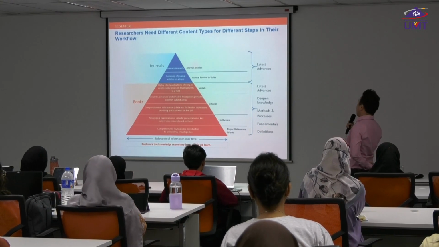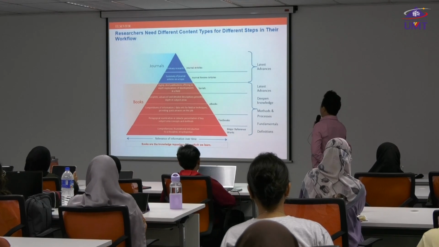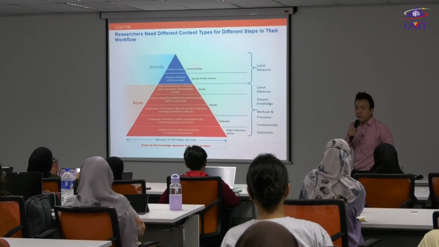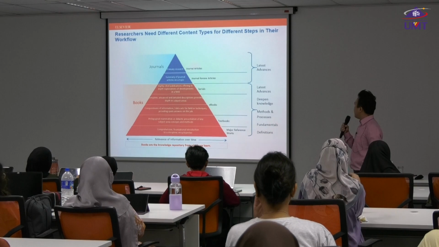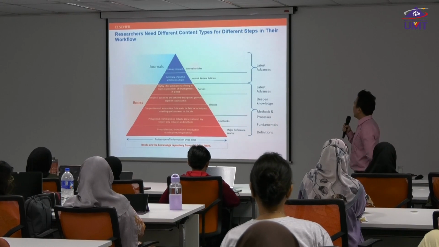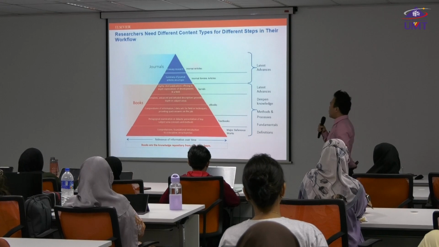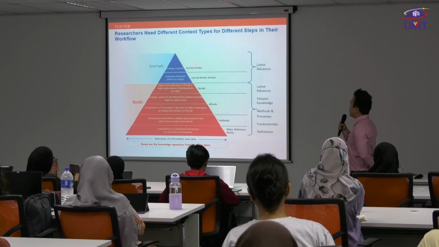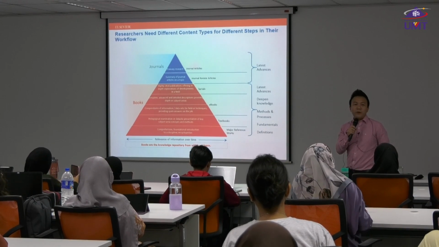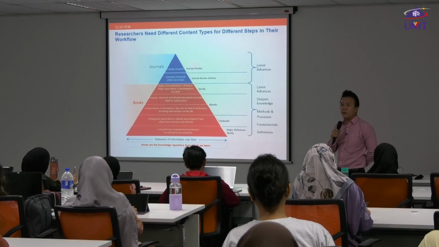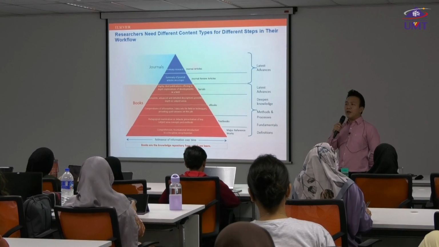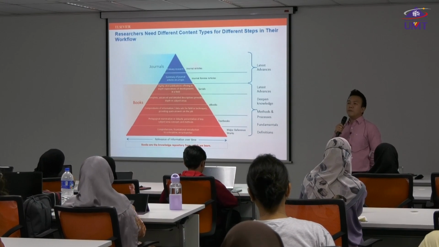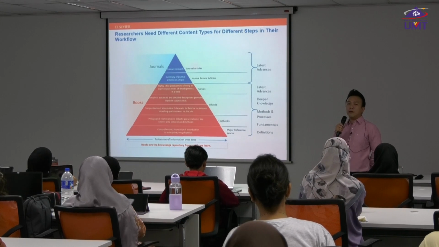So you can see this pyramid. Most of the books provide you definitions, fundamental knowledge, methods, methodology, processes. They help you deepen your knowledge up to the advances of the knowledge, and then it goes up to the tip top, where you can see the two boxes there, journals. They provide you the latest advances, right? Before you know the tip top latest advances, you must also understand the theory behind. If you do not have the solid foundation from the books, then it's hard for you to understand the tip top content that provides you the latest outcome of that particular innovation.